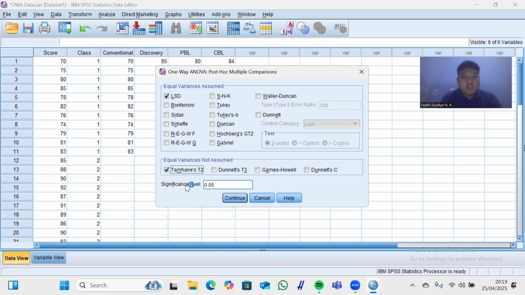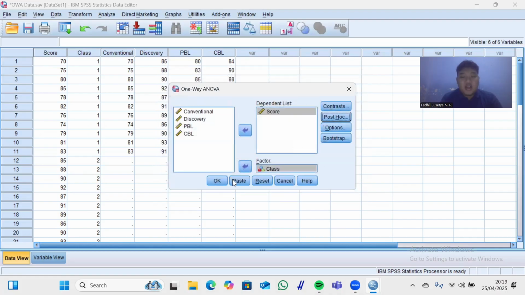And make sure the significance level is 0.05. And then click Continue. After you click the post-hoc test and make sure you already did it, click OK.